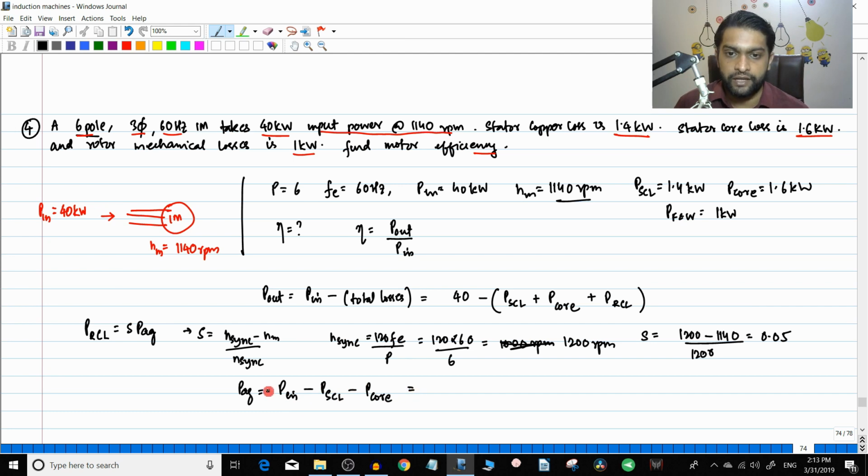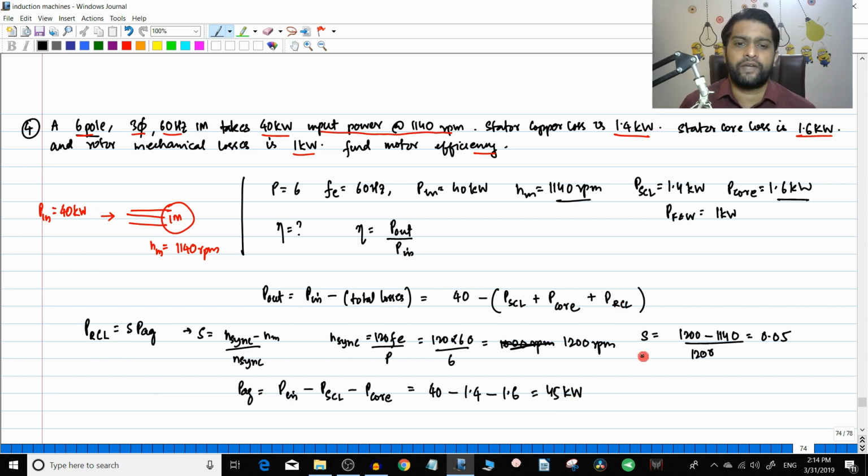So this value you can find it to be: input power is 40 kilowatts minus stator copper loss is 1.4 kilowatts minus core loss is 1.6 kilowatts. So the air gap power you get to be 45 kilowatts. So the air gap power is given to be 45 kilowatts. Okay, so from this, if you want, you can find the rotor copper loss here, and then you can substitute